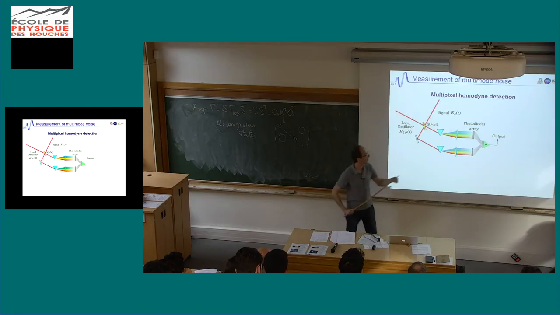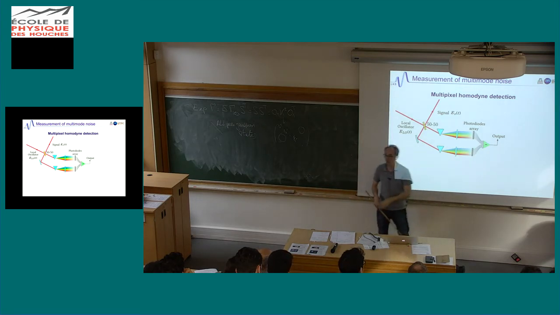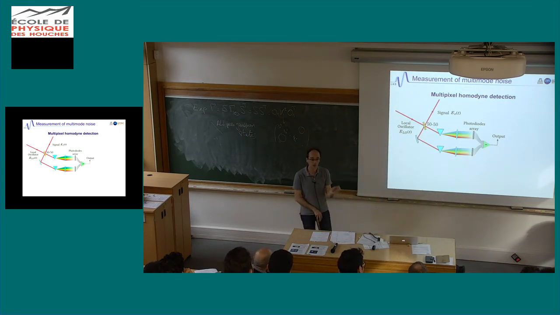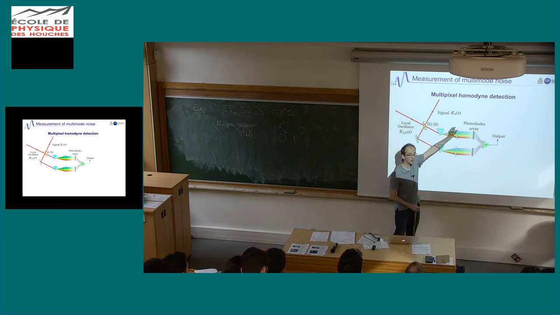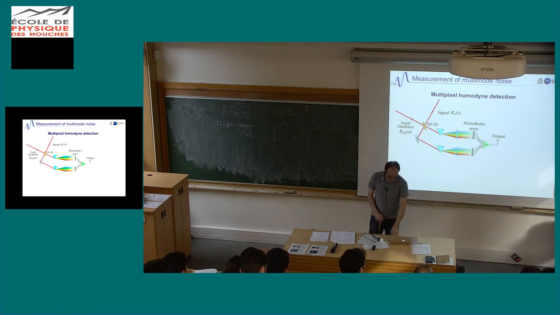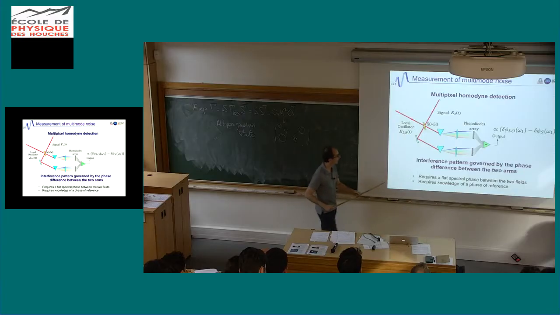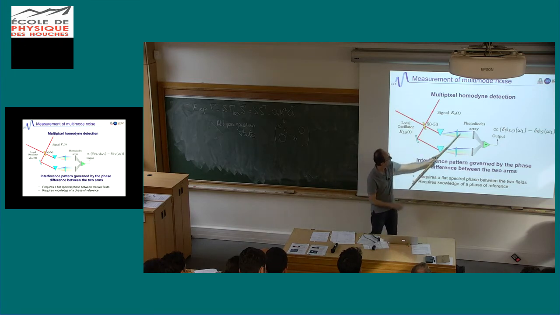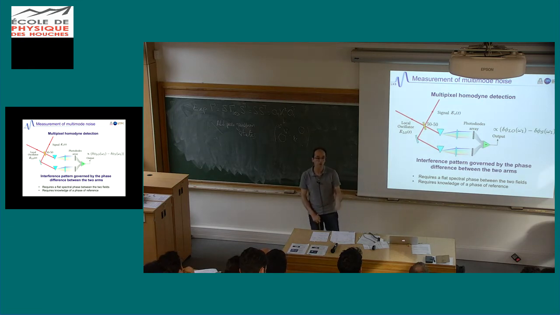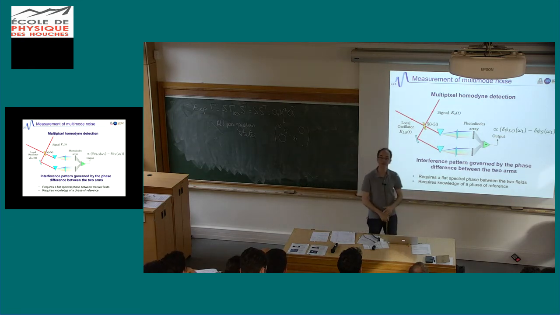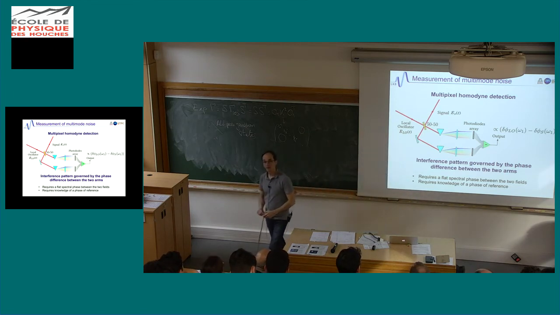So technically this is a bit hard to do for many lines. In our group, we do like 16 homodyne detections working all together, each at a different set of frequencies. Okay? So you can measure many modes at the same time doing that. I'll put some technicalities here. I'm not sure they are completely important, but you have to be sure that the local phase of your homodyne detection is well controlled, so that you know which quadrature you measure on each pixel. Yes? But then the local oscillator has to have a spectrum that covers the whole of your comb.